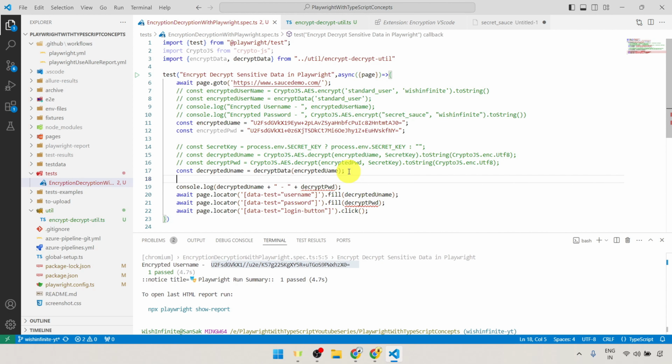So only the person or the team members who know the secret key which is used to encrypt the data can decrypt the data. For now, I am keeping this particular commented portion for your reference rather than removing it. And we can remove this import of CryptoJS also, because we are not using CryptoJS